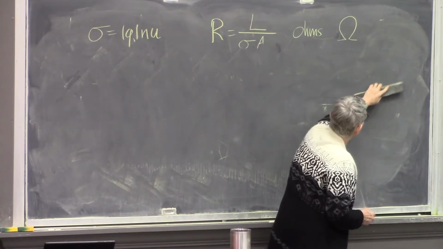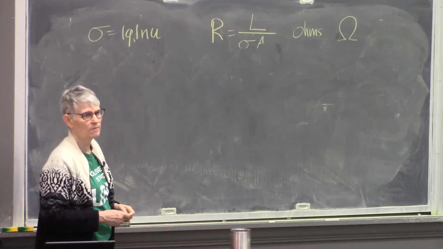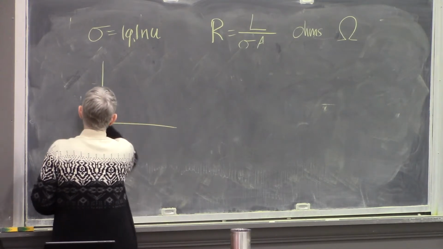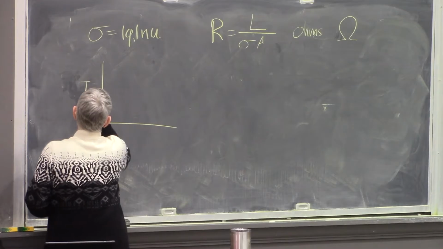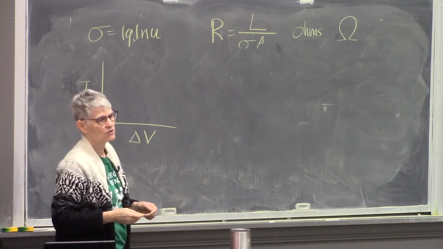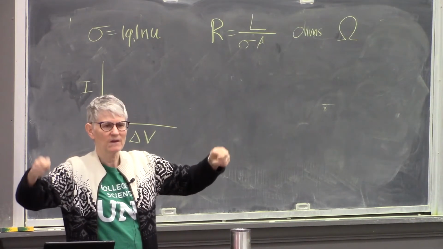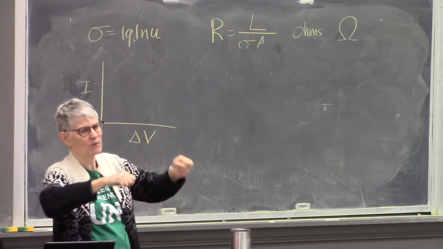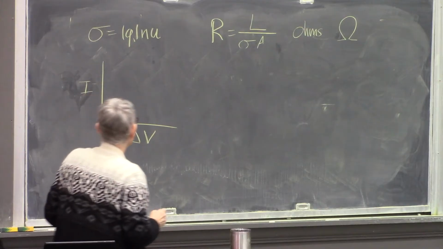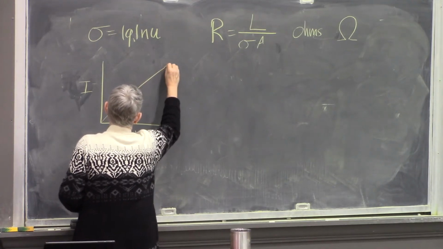There's a footnote about ohmic and non-ohmic resistors. For an ohmic resistor, if we plot current versus potential difference, why do you plot it that way? Well, as you increase the potential difference in a circuit by adding batteries or turning up the knob on a power supply or something, the current goes up. If we get a straight line,